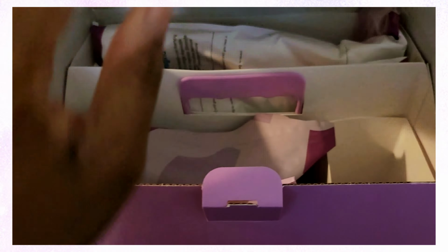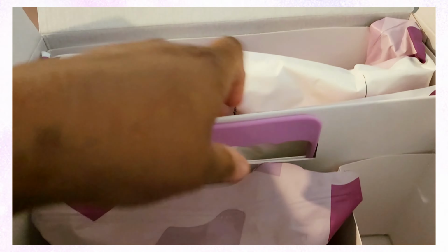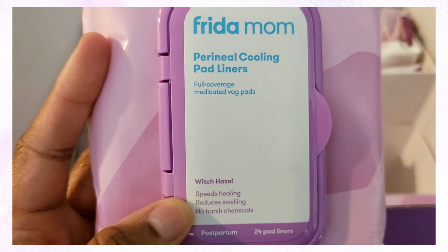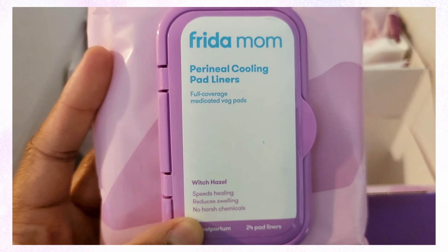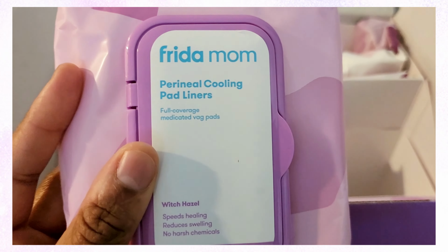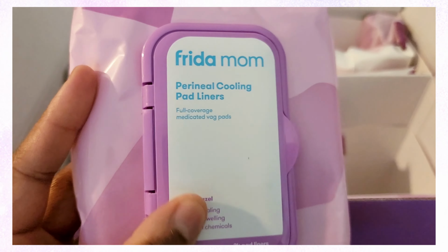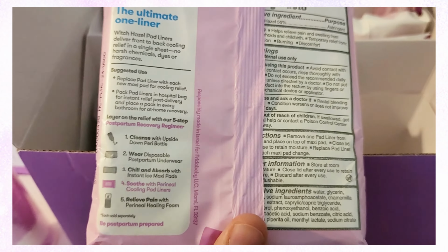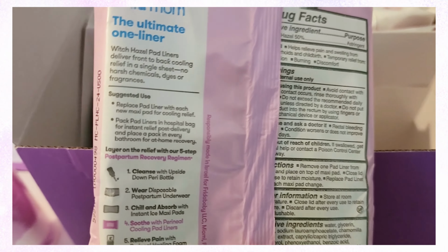Oh, my box is closing. Okay, next we have, is there anything over here? No. Well, what's over here? We have the liners. You have 24 in there. It's witch hazel, speed healing, reduced swelling, no harsh chemicals, full coverage. Look at that. Full coverage. So yeah, it's really giving me